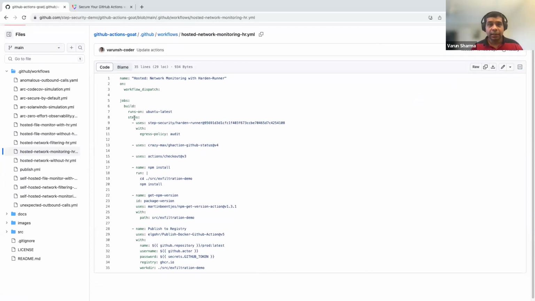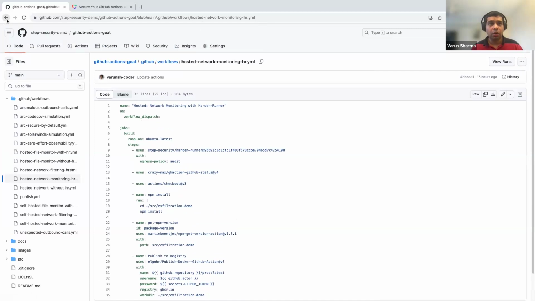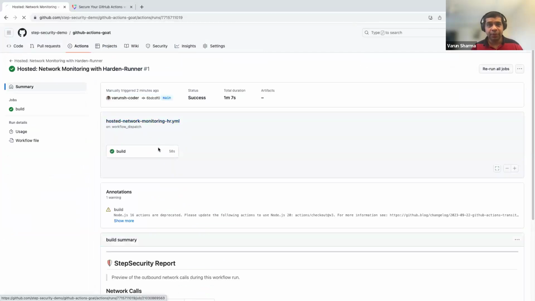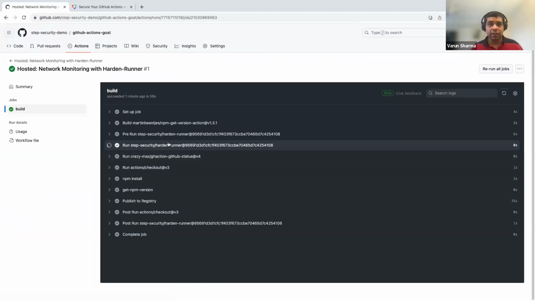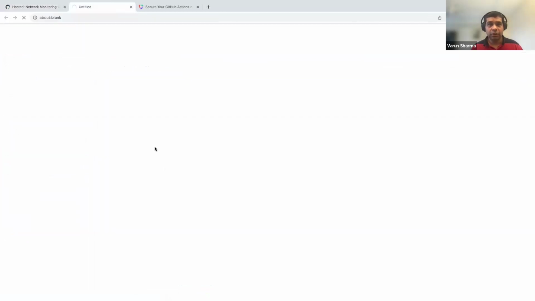you'll notice that again it runs on Ubuntu latest, which is GitHub hosted, but this time it has an action which is StepSecurity hardened runner. And this is the agent which then gets installed on this VM and it starts to monitor it. So here you'll notice that in the hardened runner step, there is a link to view insights and recommended policy. And when you click on it,